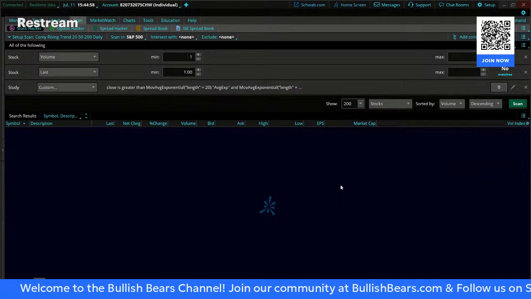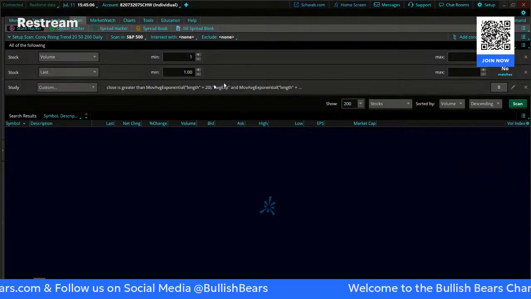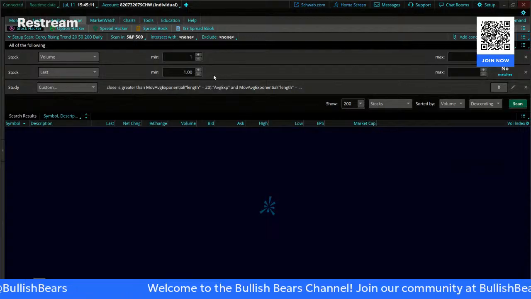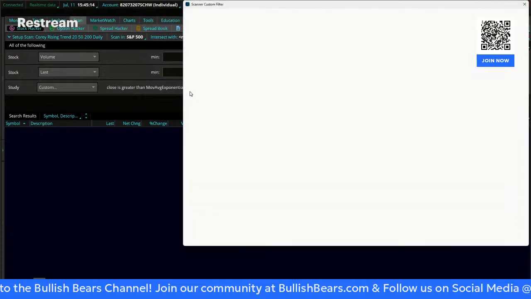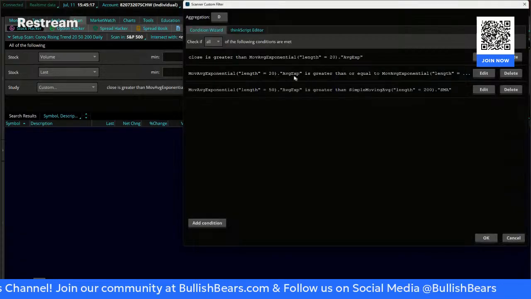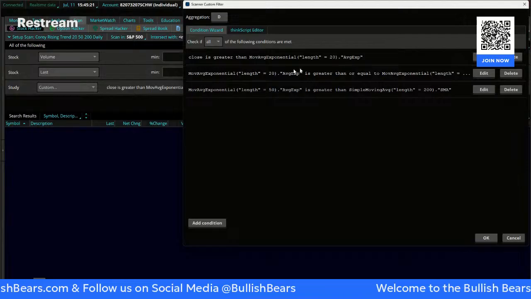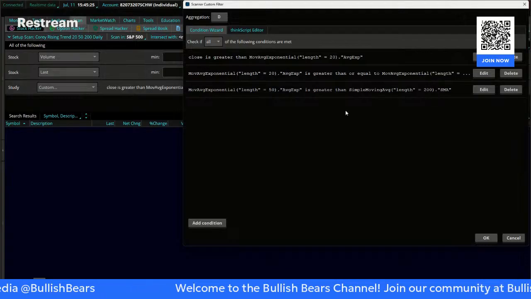He came up with this scan probably 5 years ago, 7 years ago. I really like it. It's generic. It's basic. It works. The criteria is this one, right? I don't really care about these other two, the volume and the stock price. They're not required. It's this piece right here. This is the piece you really want. The close is greater than the 20. The 20 is greater than the 50, and the 50 is greater than the 200.